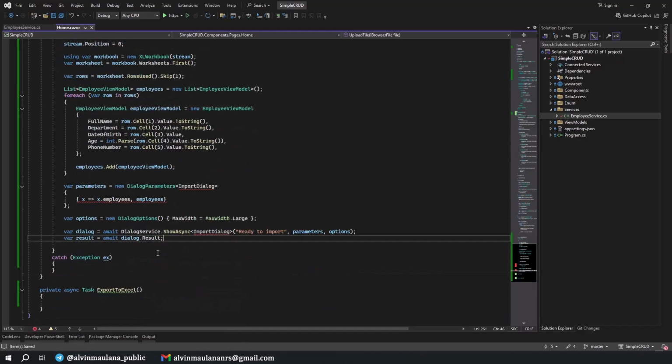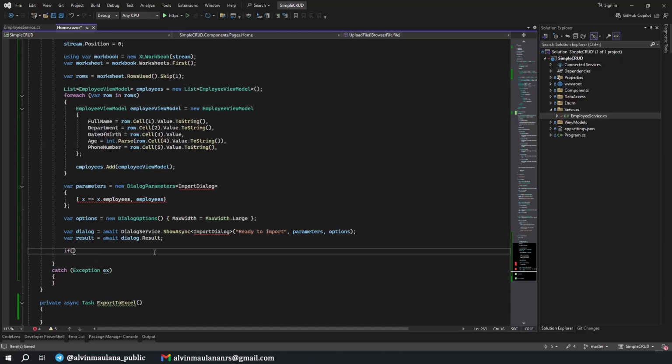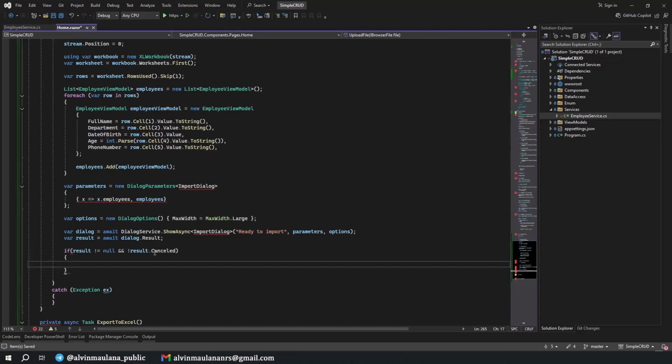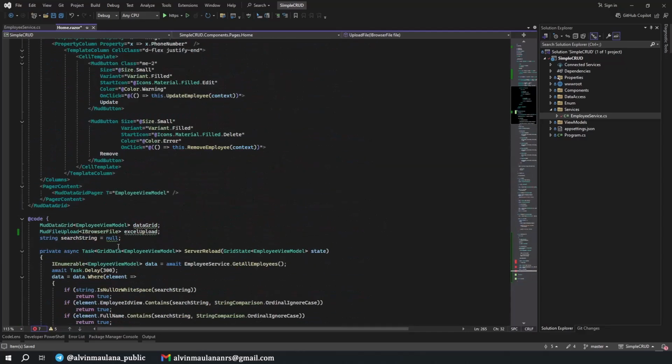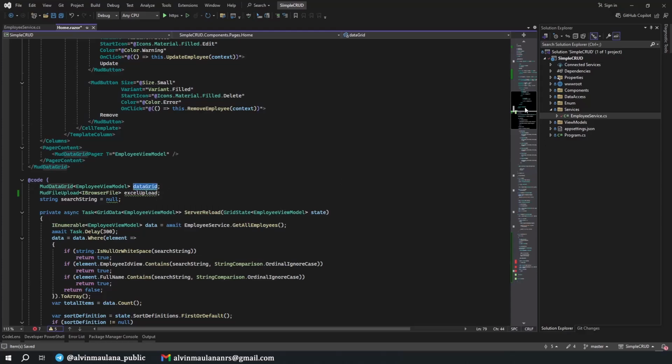Okay, nice. So if result is not null and result is not cancelled, that means it should be fine, and we will refresh our data grid. What is this, data grid? Oh, it's correct.